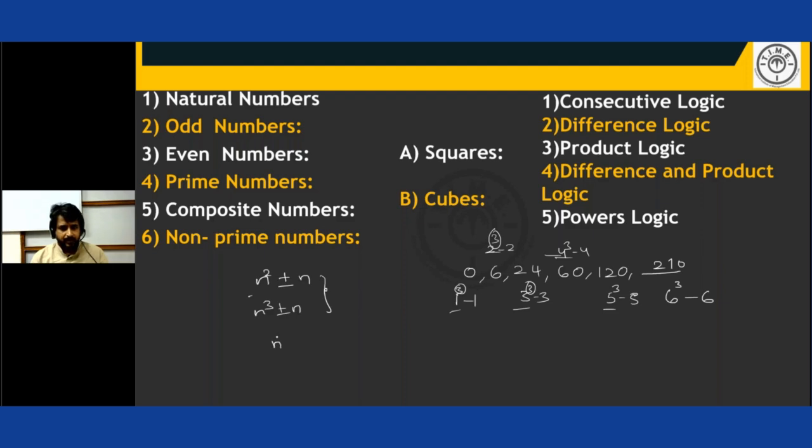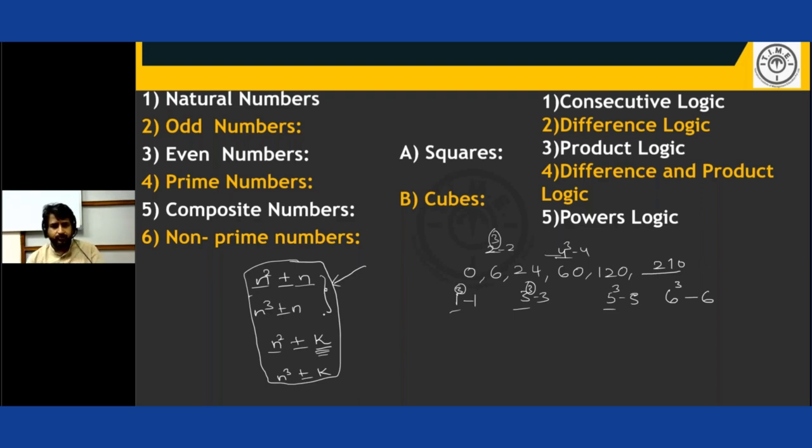Not only this, they are also giving the pattern n square plus or minus k, where k is some constant. Earlier in both cases n is the same, but here n is different and the k value is different. N cube plus or minus k. These are the logics that come under powers. So these logics are very, very important in powers logic: n square plus or minus n, n cube plus or minus n, n square plus or minus k, n cube plus or minus k. To recognize these numbers,